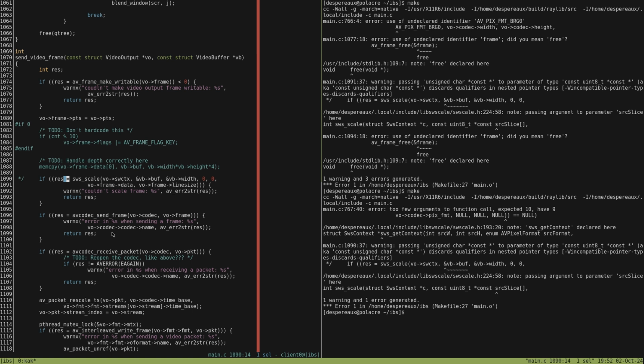What? Unsigned char pointer const pointer. The only thing is the outside. Right, but the outside determines